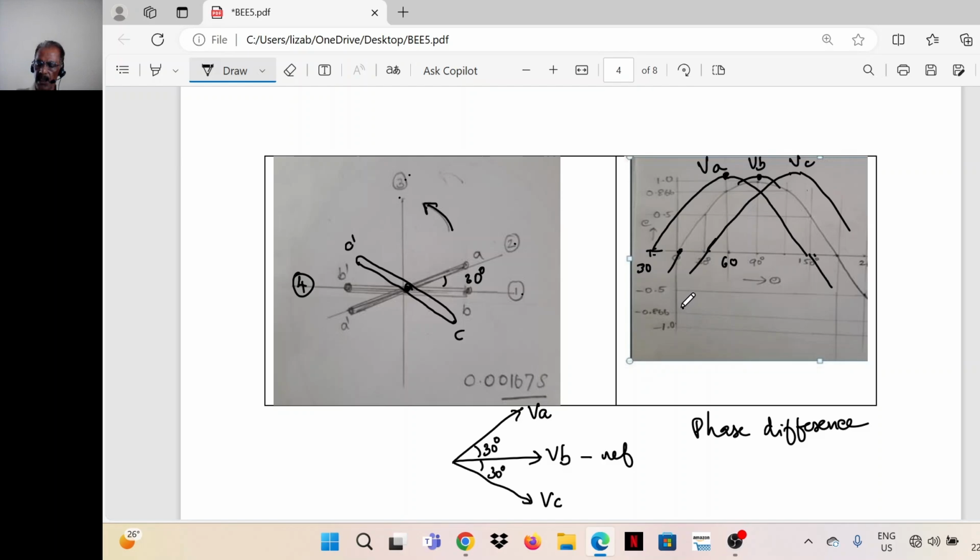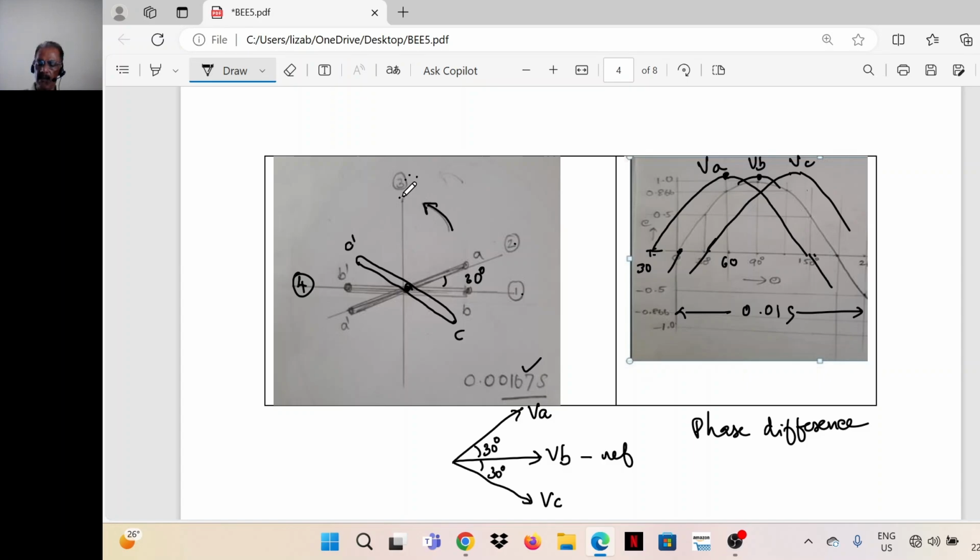One full cycle is 0.02 seconds. Half cycle is 0.01 seconds. So this 30-degree difference corresponds to a time of 0.01 by 6, that is 0.00167 seconds. That means when the set of coils are rotating in the counterclockwise direction, A comes to position 3